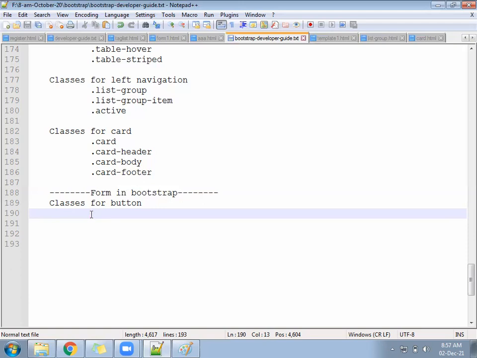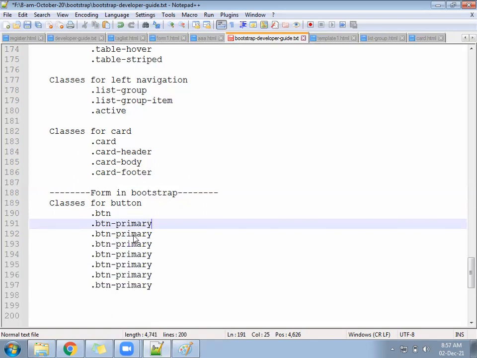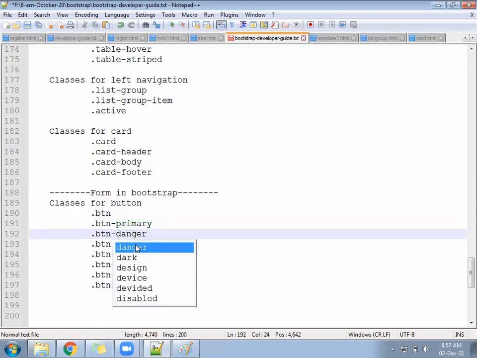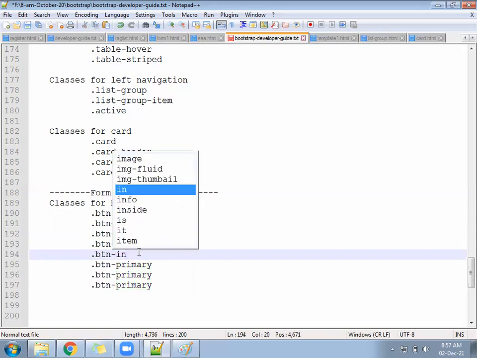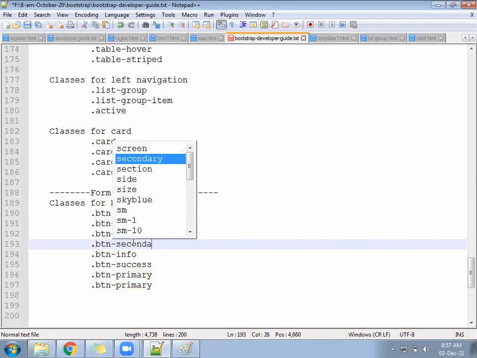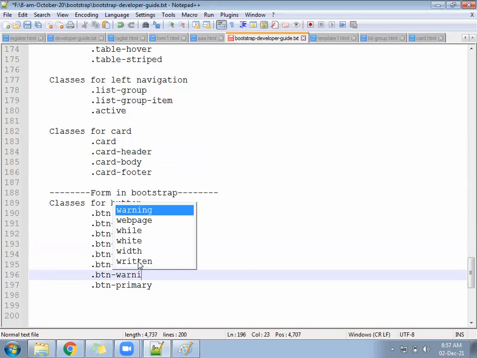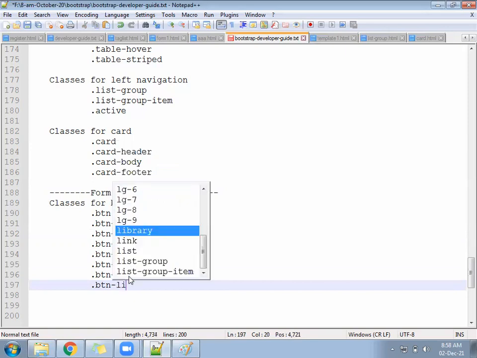Okay, so for button, the main class is called btn. After that, we have multiple color combinations. btn-primary, danger, success, info, warning, secondary, white. btn-danger, red color will come. btn-primary, blue color will come. btn-info, sky blue will come. btn-success, green color will come. btn-secondary, gray color will come. btn-warning, yellow color will come. btn-white, white color will come. btn-light, not white.